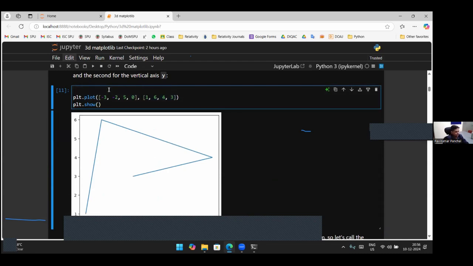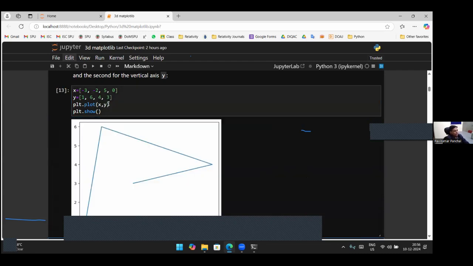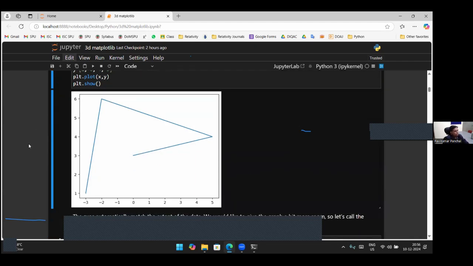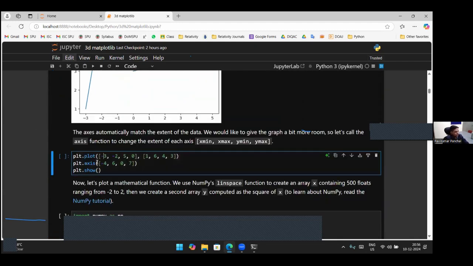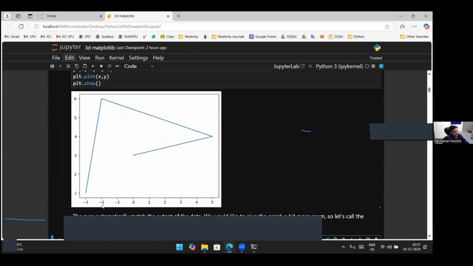Alternatively, we can do this in this way also. Let us store this list in x, let us store this other list in y, and this is plt.plot(x, y). So it performs the same task, but the writing pattern is different. Now here you can see that the axis range is from 0 to 6 and -3 to